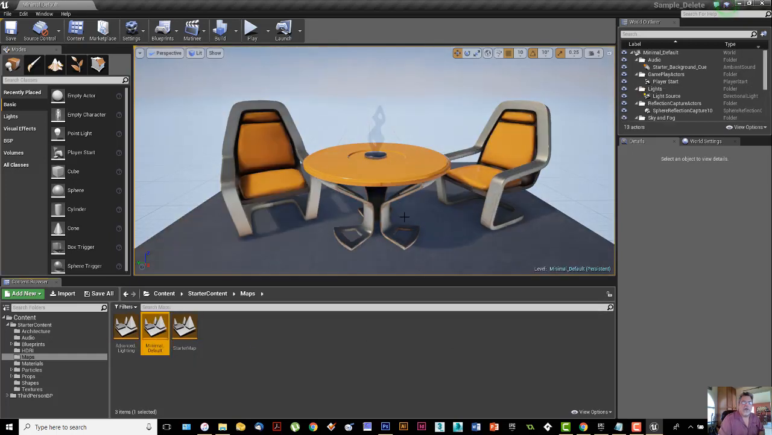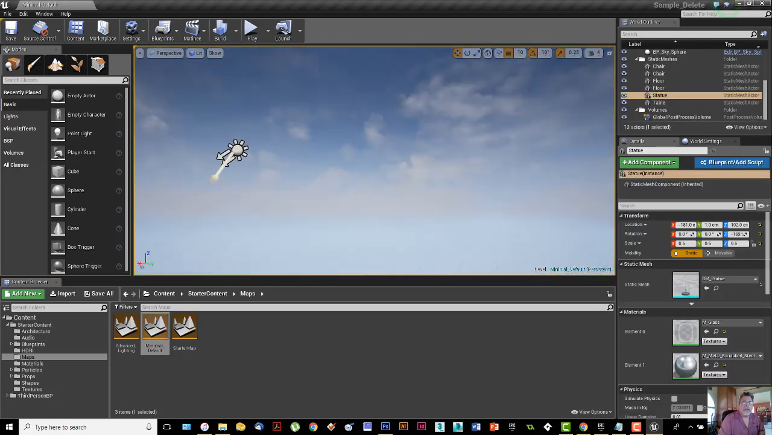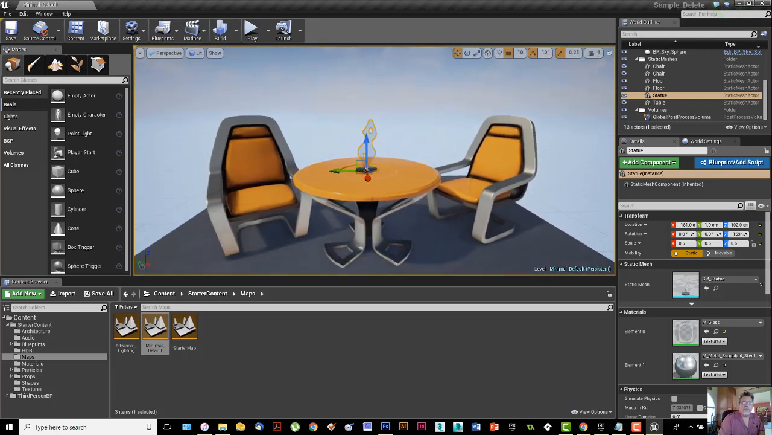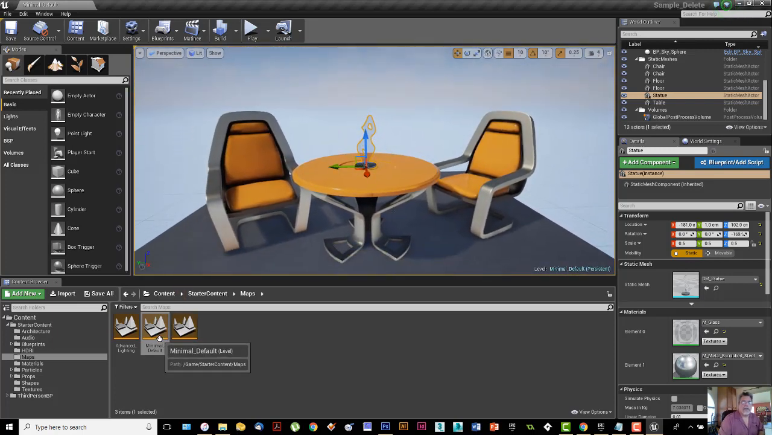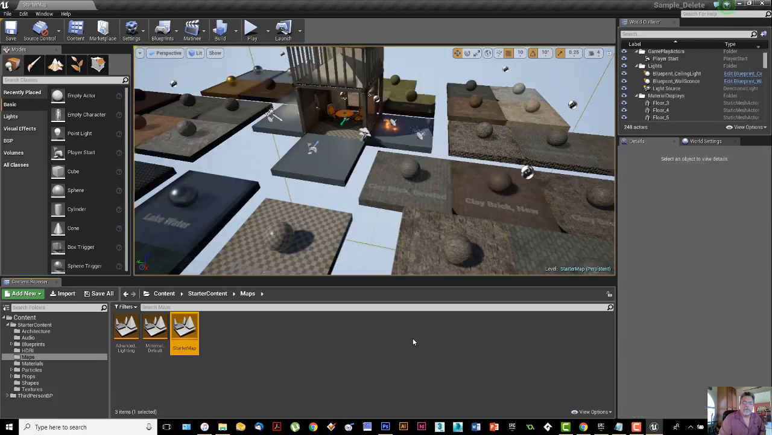Then you have minimal default, which is this. This is just 2 chairs, a table, and a little statue right here sitting on a ground plane. And it's kind of a nice place to start with sometimes too. These 2 are included every time you create a basic level. You're going to get those, and then the starter map looks like where we were to begin with the little,